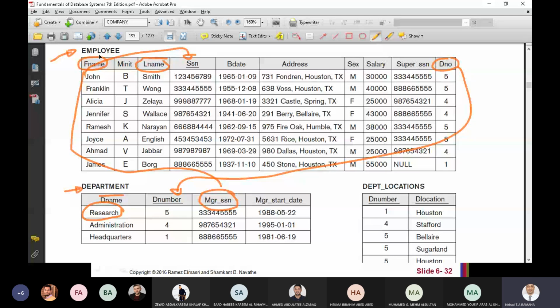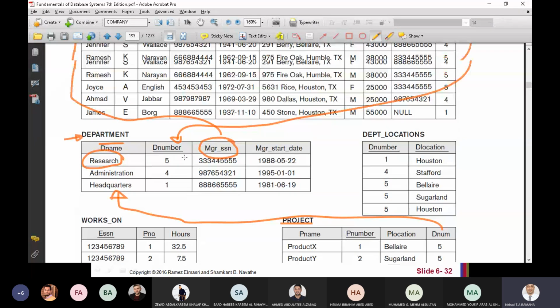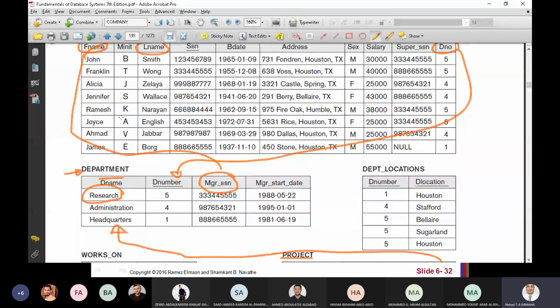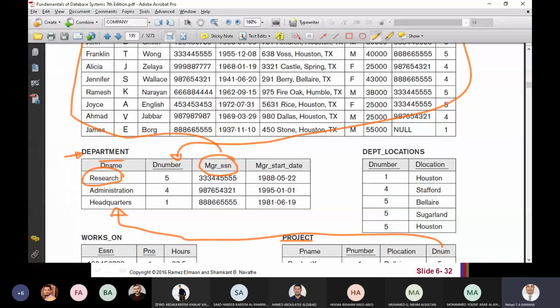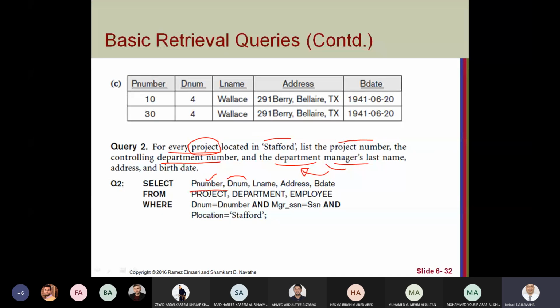So we have information from employee, department, and project. We need the project connected to this department, and the department connected to the employees that manage this department. So we have project, department, employee.